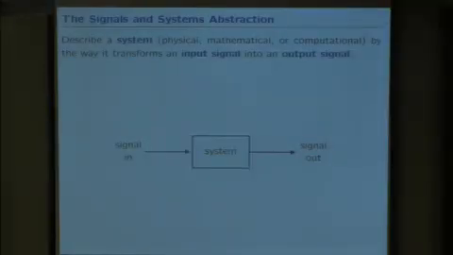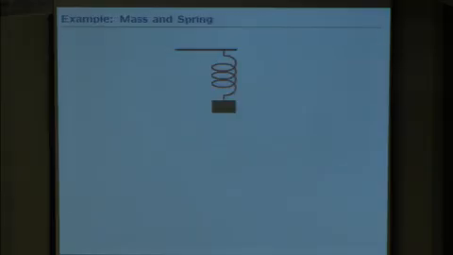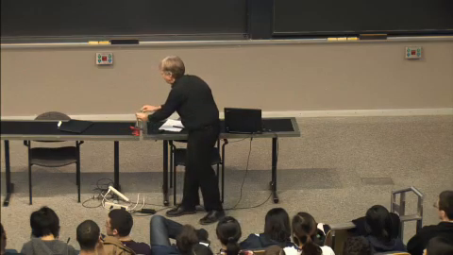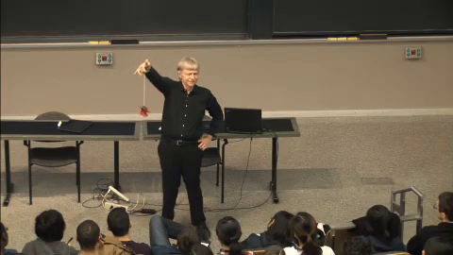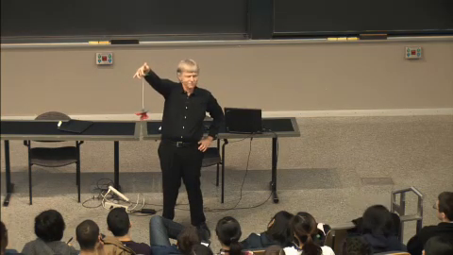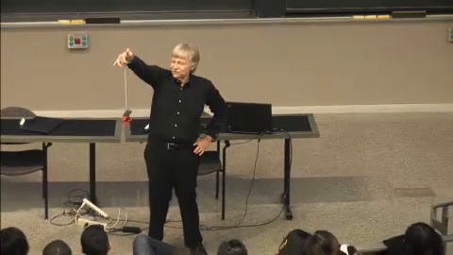The idea is characterize your system, whatever that system is, a physical system, a mathematical system, a computational system, whatever it is, think about it by the way it transforms an input signal into an output signal. That's kind of a bizarre way to think about systems. So let me just illustrate that by way of a system that you've all seen before. OK, here's a simple system, right? You've all seen this, right? Anything like 801 ring any bells? OK, so that's a simple system.